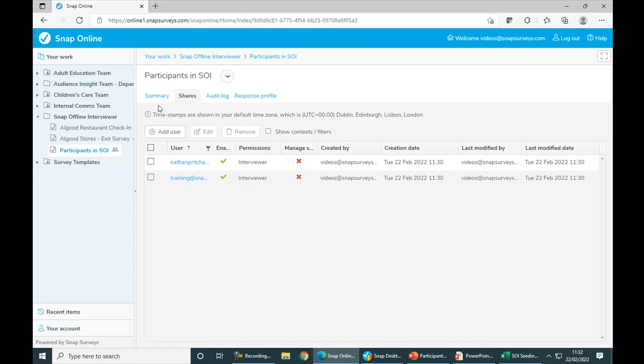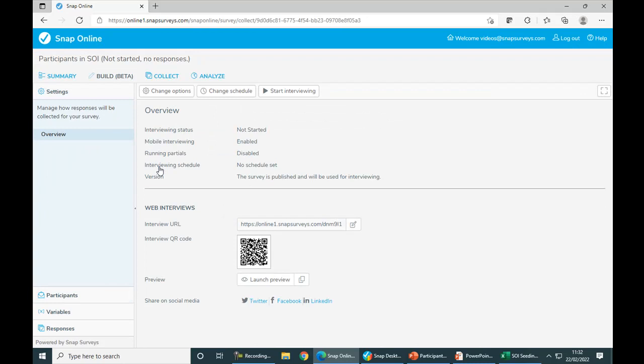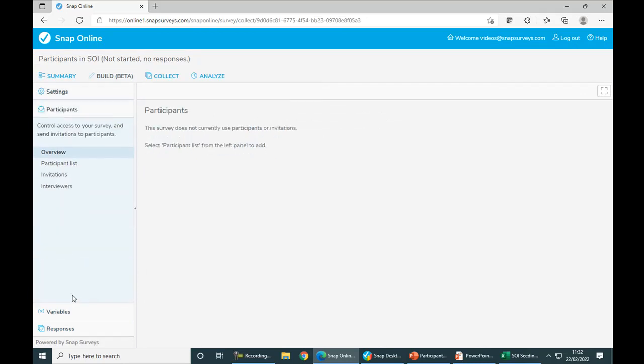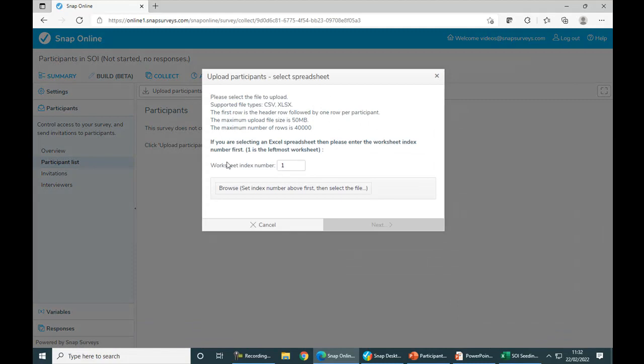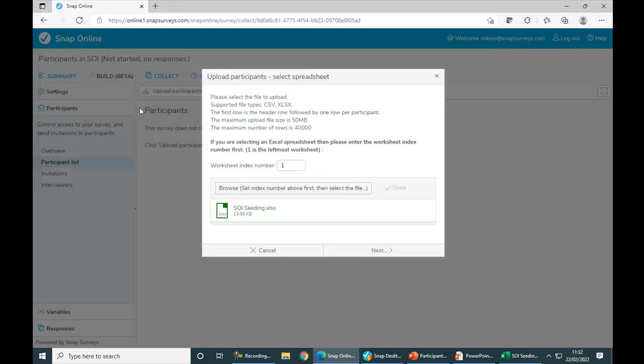So if I go into Summary and then Collect, we can then go down to Participants and Participant List. And if I browse off to my spreadsheet, which is on my desktop today, and click Next.